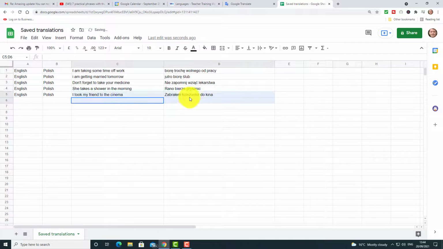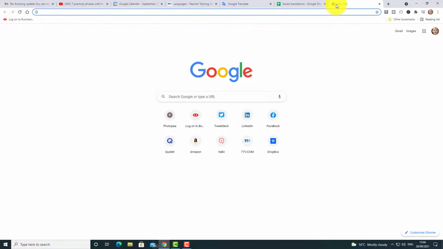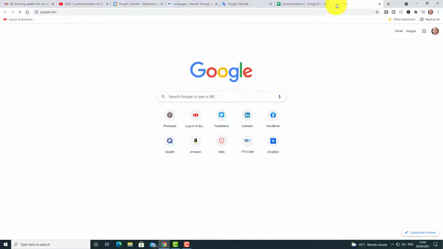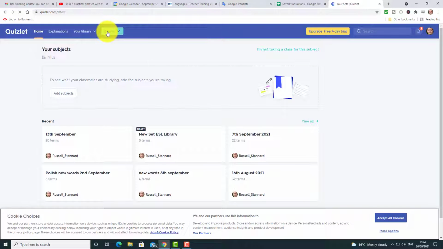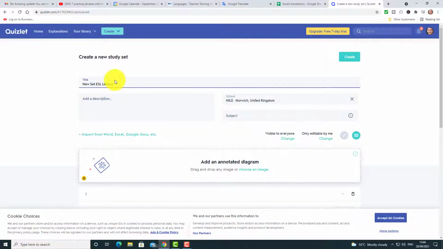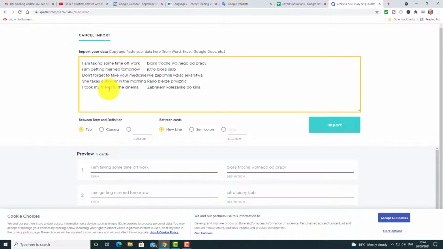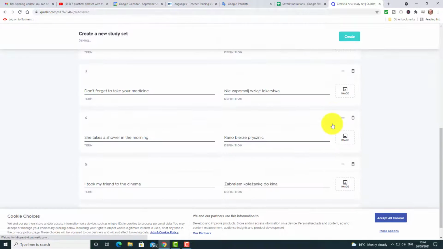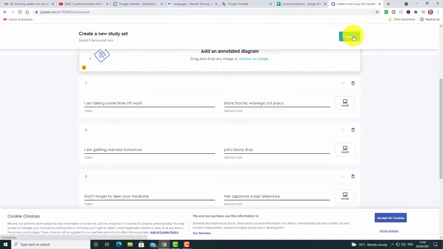But what I can do now is just copy those sentences, really quickly. Jump over to Quizlet, which I know a lot of people use for studying vocabulary, and it's super fast, particularly if you've, say, got 10 words. Just click on Create Study Set, and I'm going to call these ones brać, because I'm practicing a particular verb in Polish, and then I'm going to click here and just paste in those words, and immediately I've created for myself a new set of cards